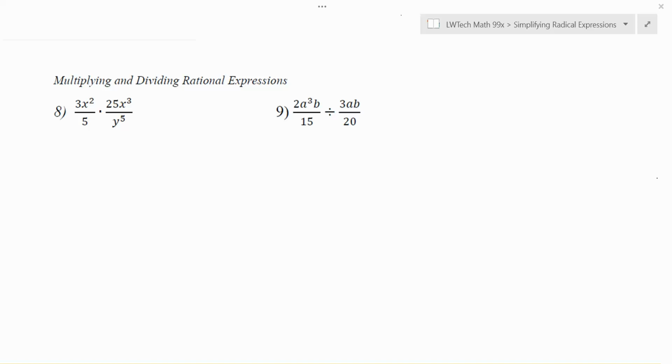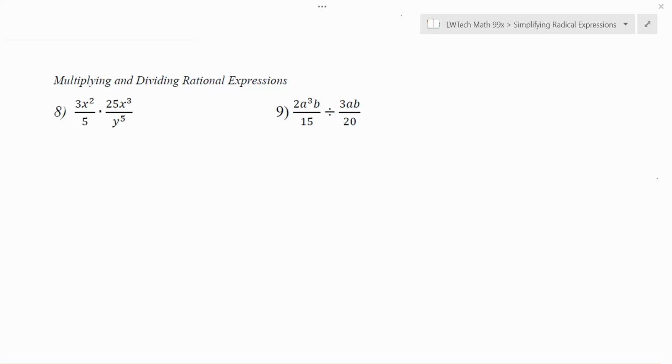In this section, we're going to look at multiplying and dividing rational expressions. We've done this a little bit before when we were working with fractions and when we first introduced variables. When we multiply things with fractions, our general rule is that we multiply straight across the top and straight across the bottom. But if we had an opportunity to try to simplify or reduce along the way, we always wanted